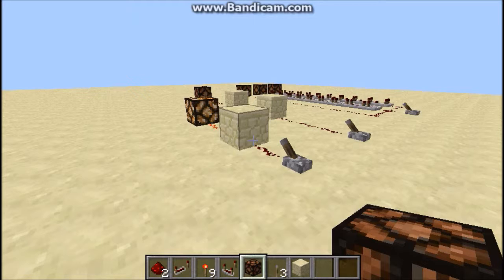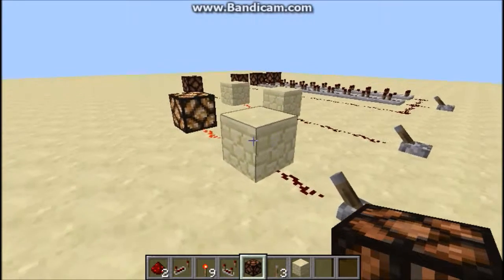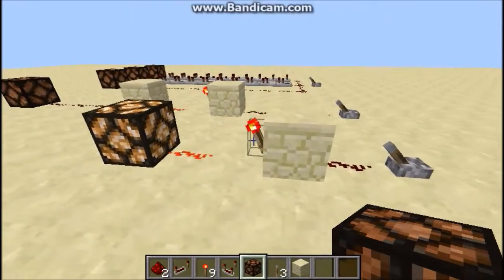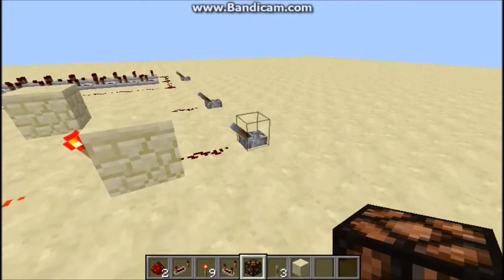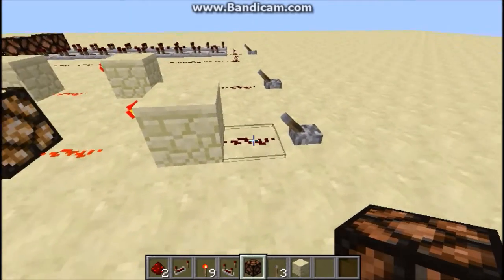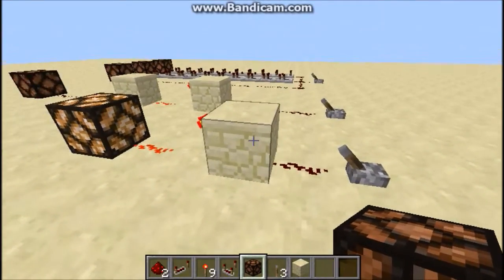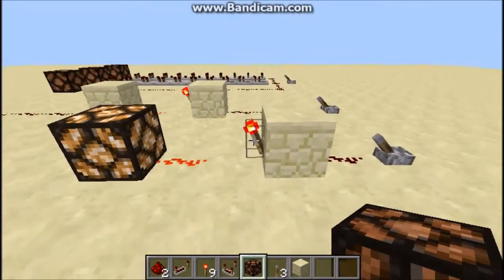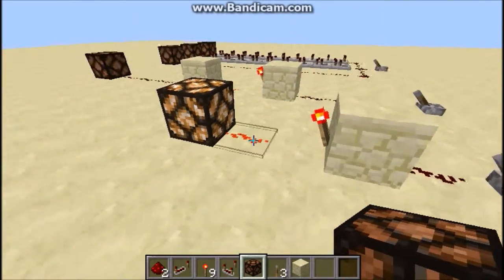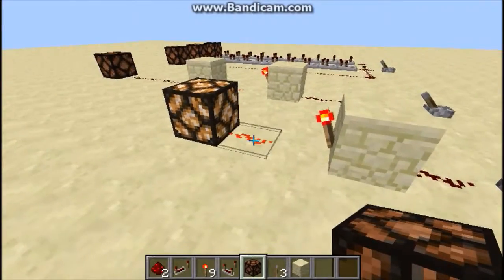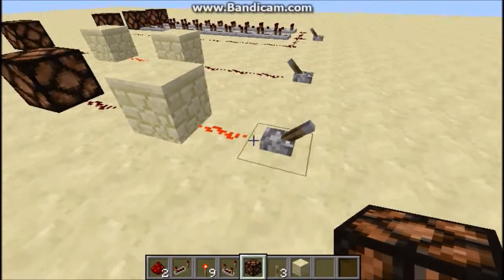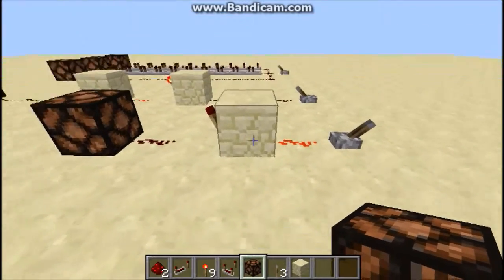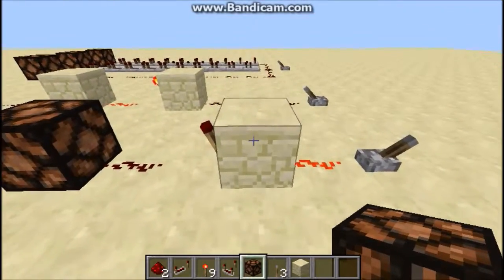Okay, so before we get into repeaters, we'll need to understand what an inverter is. It is actually exactly what it says: it inverts the signal. Here we have a lever which is off, as you can see, and hence it is sending no current into this block. But there's a torch on the side of this block sending power to this lamp through this redstone dust. So if we now switch on the lever, this dust going into this block will activate the block, turning